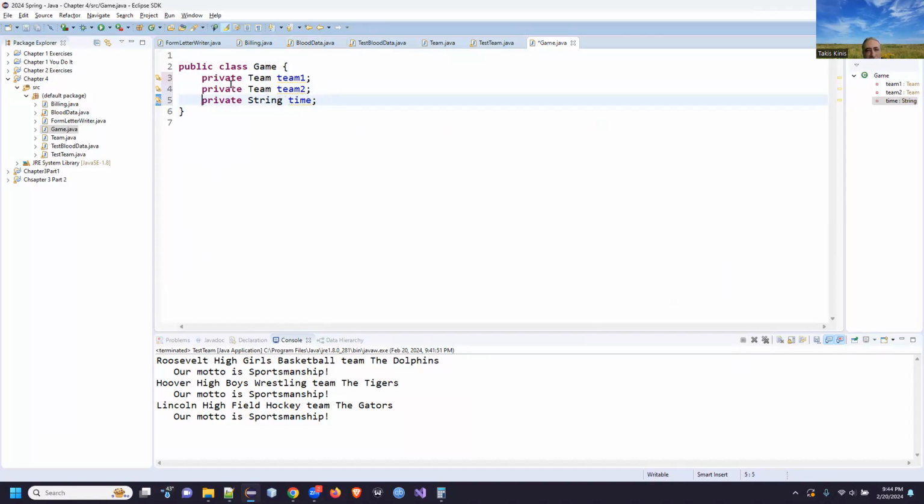So we have 3 private data fields. Notice the data type. It's our own custom type. We really call this a reference type, right? Where we've created this, so it's not like a string or an int or a double again, right? So we'll have 1 team, 2 teams, right? Because you need 2 teams to be in a game, and then you need a time for the game to happen. You will have a constructor function,